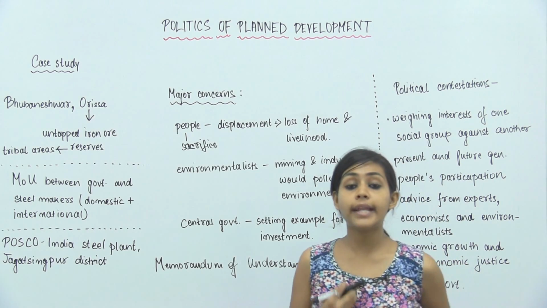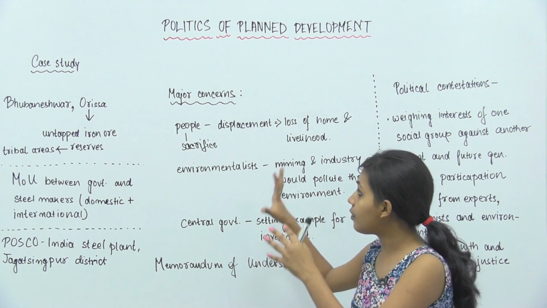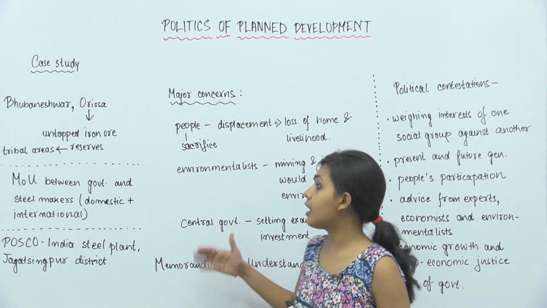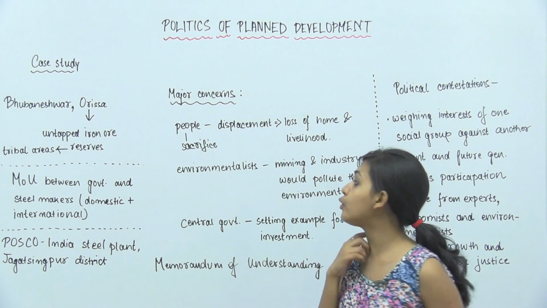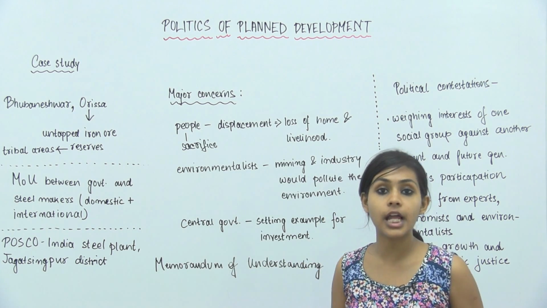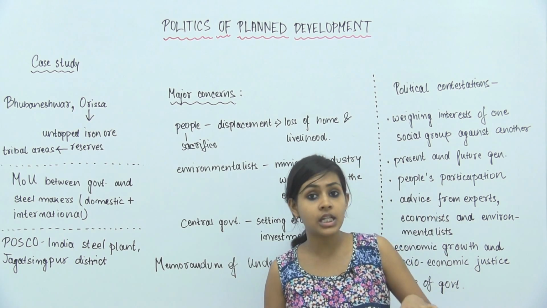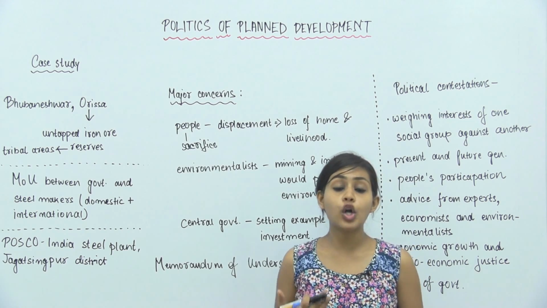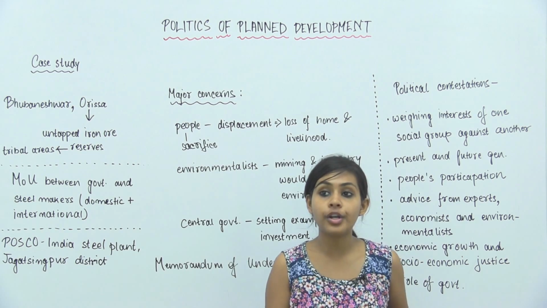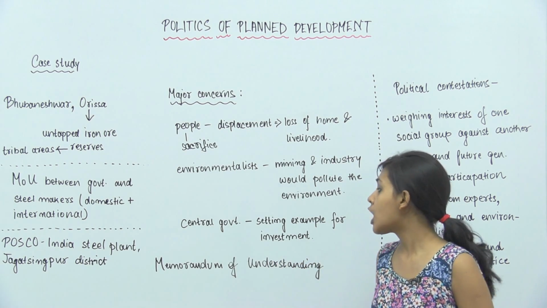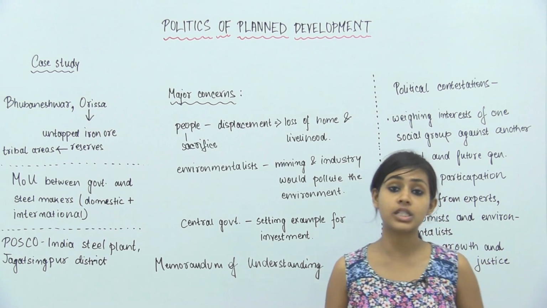The government wants to encourage investment, and the government thinks कि अगर ये ऑपरेशन, ये प्रोजेक्ट्स नहीं सक्सेसफुल हो पाए, अगर इन आयरन ओर रिजर्व्स का हम यूज करके फैक्ट्री सेटअप नहीं कर पाए, and if we are not able to make use of this entire scenario, then that thing will discourage investments in our country. It will discourage investments domestically and internationally. People from abroad will not want to invest in our iron ore reserves, or in the raw materials that we have in our country. So the government doesn't want that. The government wants to set an example for investment, and it does not want to discourage investments.